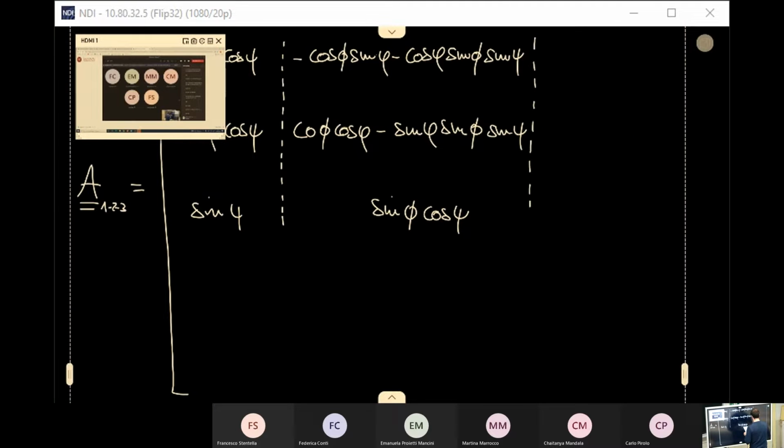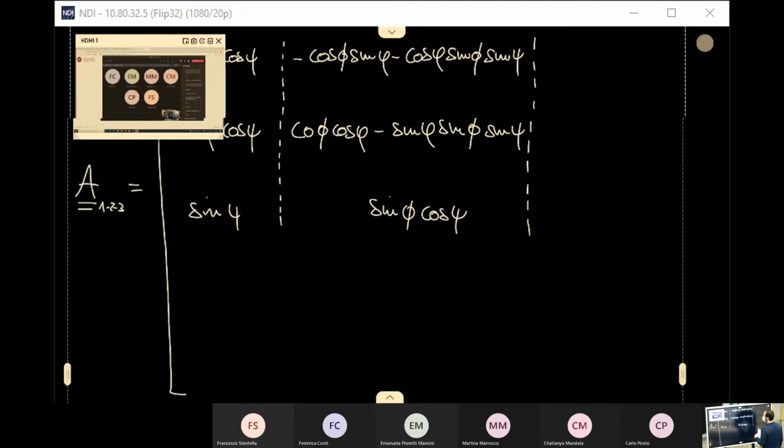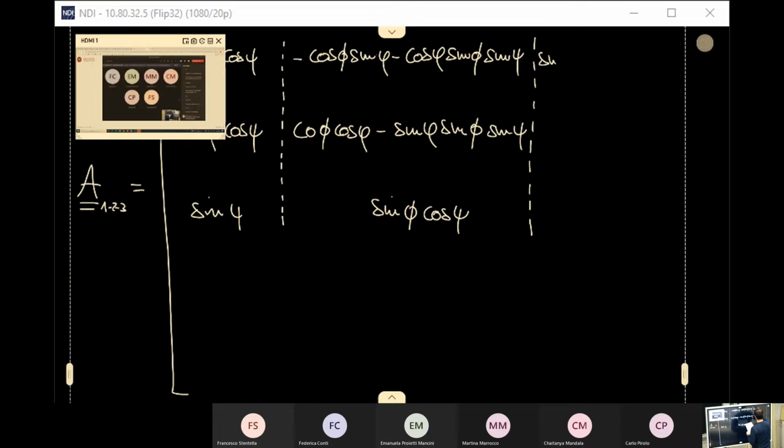This is the second column. I think I've used too much space here, but okay. And at last,